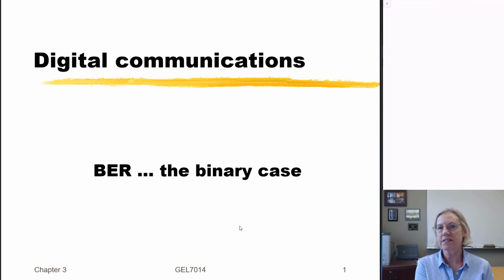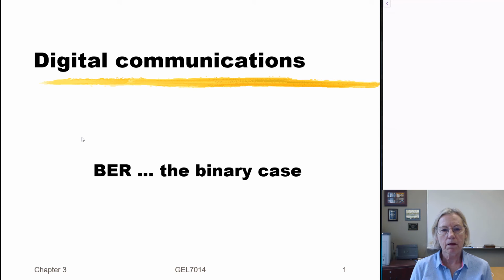The signal space analysis so far has given us a form of the receiver, and now we're going to use it to find how the performance of these receivers can be calculated, and that is known as the bit error rate. So we're going to be using signal space analysis in order to find the bit error rate for